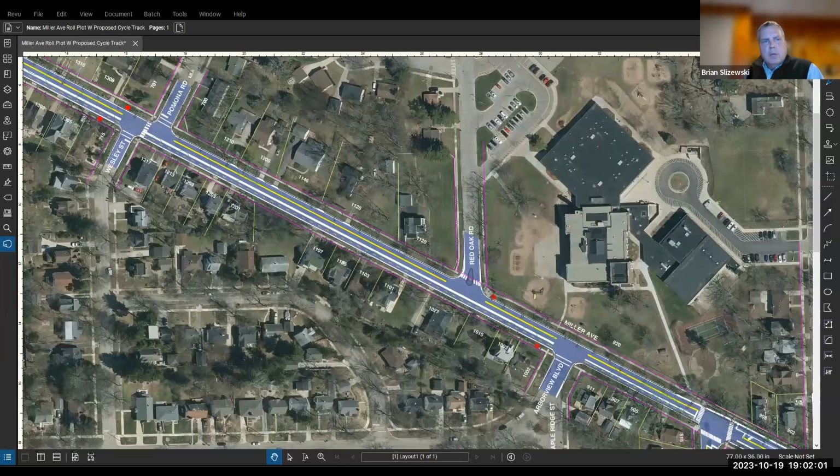Again, I think the only area where we're really looking at the curbs will probably have to change is between 7th and Brooks, where we're trying to add the bicycle facilities to the existing 3-lane configuration that's there.